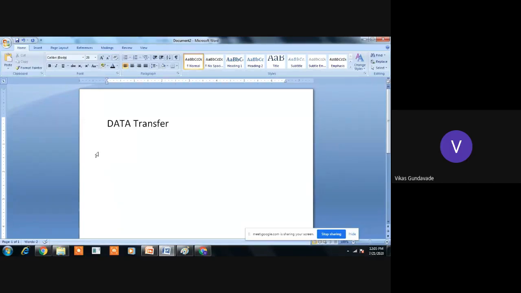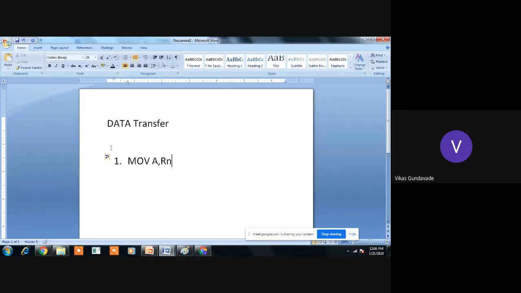So the first instruction. Everyone please note down all the instructions, because these instructions are required for programming or for writing the different programs. Okay, so the first instruction in the data transfer group is the move instruction, M-O-V. Move A, Rn. Okay. So what is the meaning here?